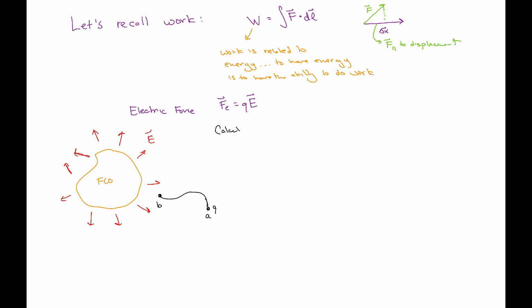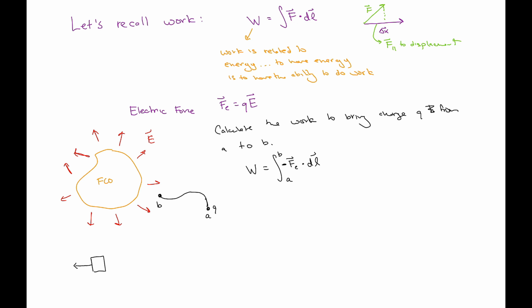So I want to calculate the work to bring a charge Q from A to B. That work is going to be equal to my electric force dotted with dl, but I actually need to add in a negative sign here because if I want to drag this charge in at a constant velocity, so this is the least amount of work I can do,